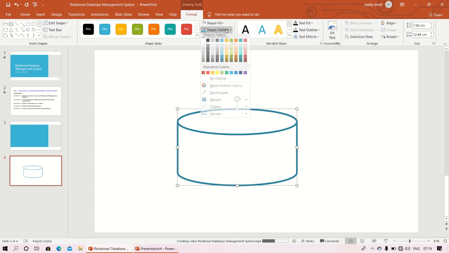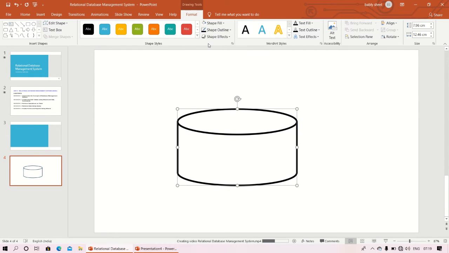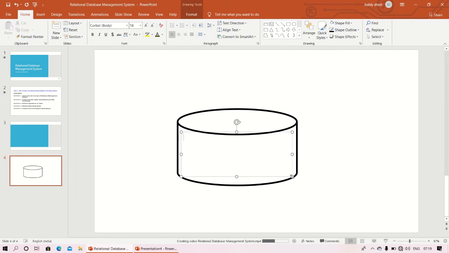You can change its outline color as well. Like, I want it to be black, so according to that you can change it. You can even add your own text as well. Just click on the text box here and make it, and here you can write whatever you want to write. You can set it by dragging it.